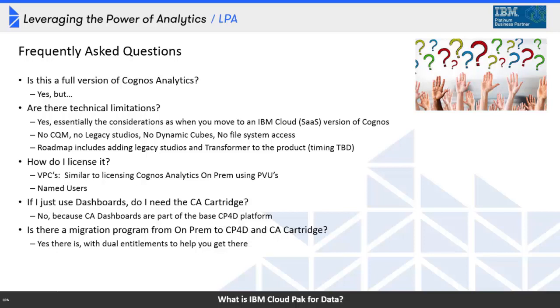Now, for the Cloud Pak for Data CA cartridge specifically, the product roadmap does include, at least the one that was shared with me, adding legacy studios back in, and the ability to use Transformer cubes back in the cartridge. I don't know the timing of those changes, but it's on the roadmap that's shared with me, with all of the caveats that roadmaps change all the time. I did just want to mention that. But on-premise has all of the legacy plus new features. The Cloud Pak for Data cartridge and the IBM Cloud SaaS offering of Cognos Analytics do not include those legacy